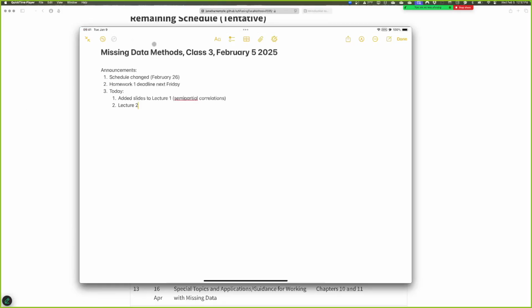The other thing I would talk about today is that homework one involves calculating and estimating semi-partial correlations. The book describes them a little bit, but I'm going to describe them in more detail today. So I added slides to lecture one, and we're going to start there. At the end of lecture one, I added a few slides about what a semi-partial correlation is, if you don't remember. And then we get into lecture two, which is a little bit of a detour from the